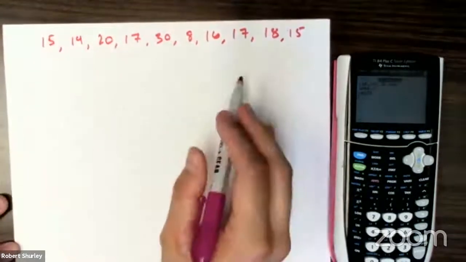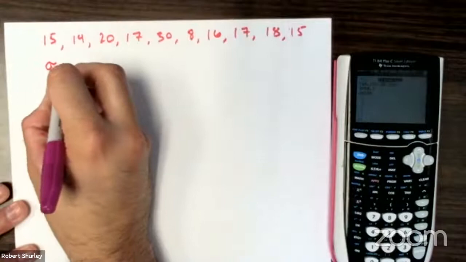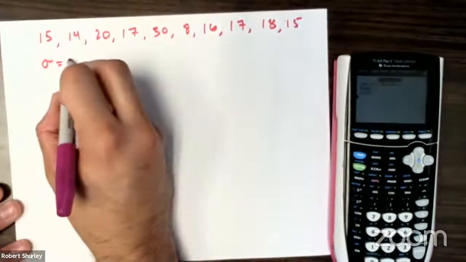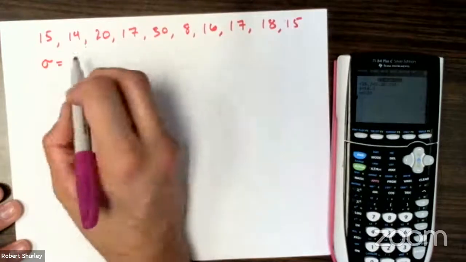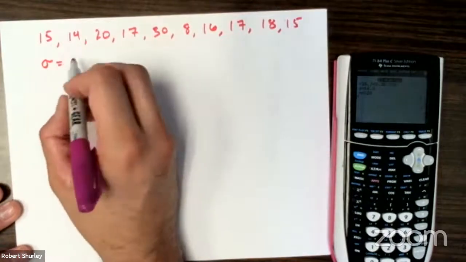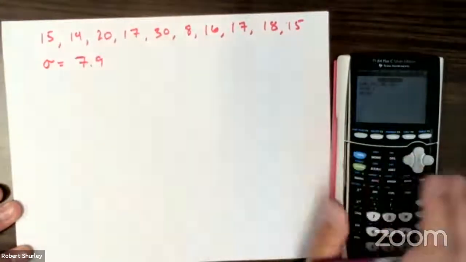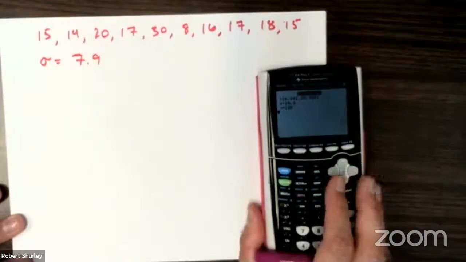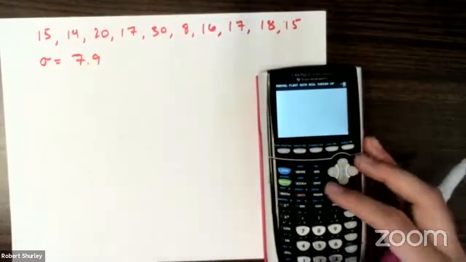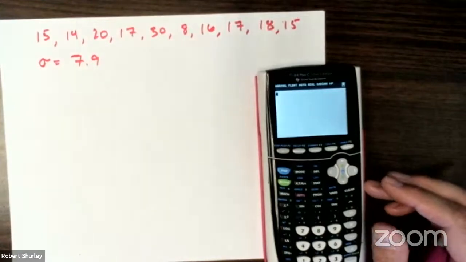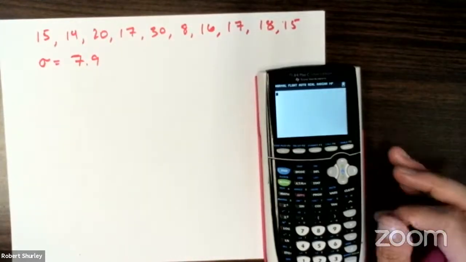We have to assume the standard deviation here. The assumed standard deviation is going to be, what was it before? 11.5. Let's say it's actually 7.9 for some reason here. I don't know why, I'm making this up. So again, we asked college students about their viewing habits, and we want to know their